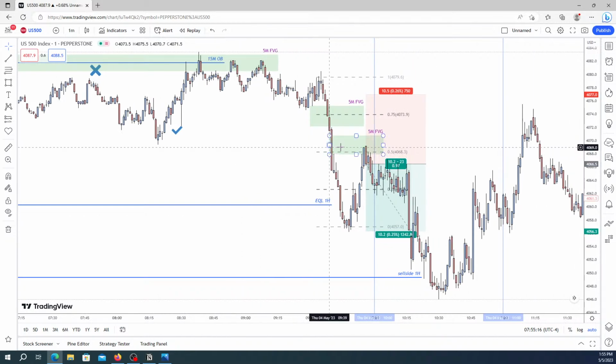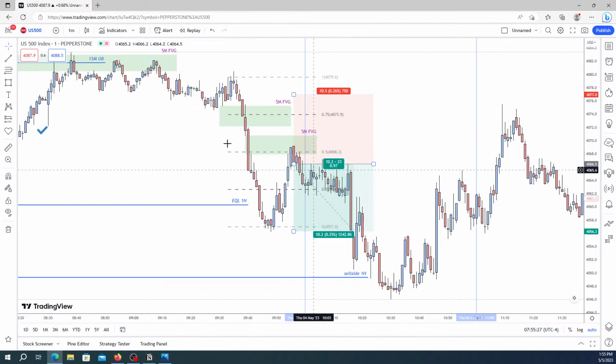So then you can look at these higher time frame fair value gaps, which this one was also outlined on the higher time frame. And then price trades into your levels. You have to incorporate these fair value gaps up here, and you can place your stop. Now with the higher time frame in mind, we can move the stop